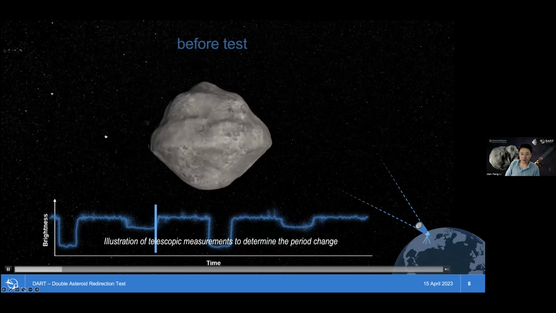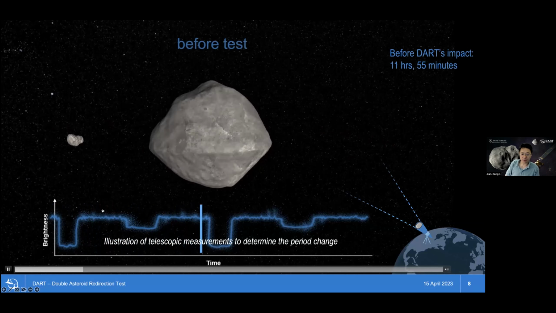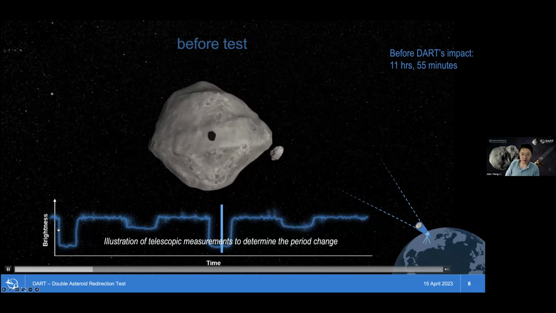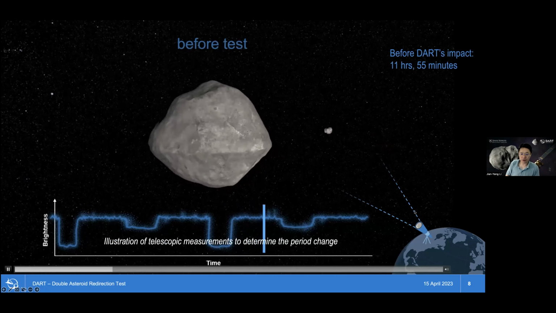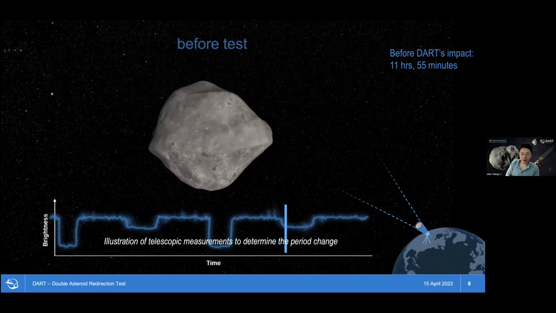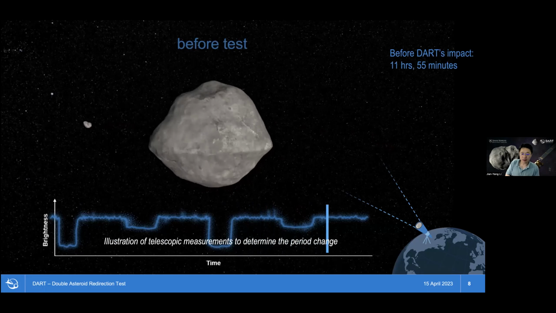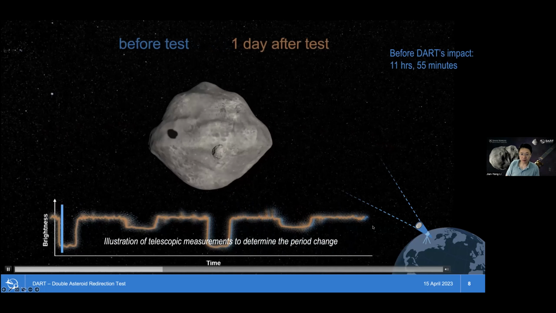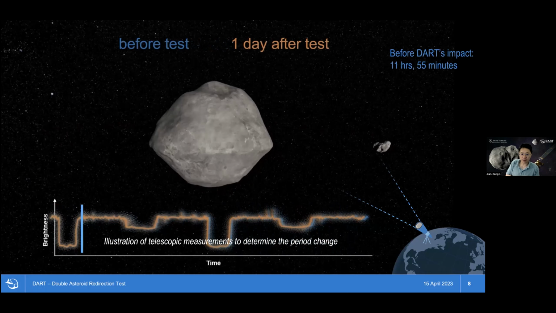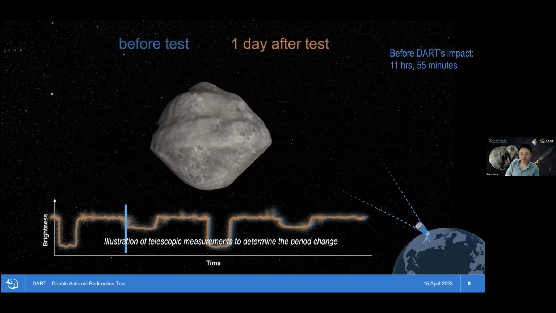That's called eclipse, right? So once that happens, the total brightness of this asteroid system will have a dip. That's shown on the bottom. Basically, from the Earth, there's no way we can resolve these two objects. They are too small, too tight, and too far from the Earth. But by looking at the total brightness and the dip caused by the mutual blocking, which we call a mutual event, we can precisely measure the period of this system, right?